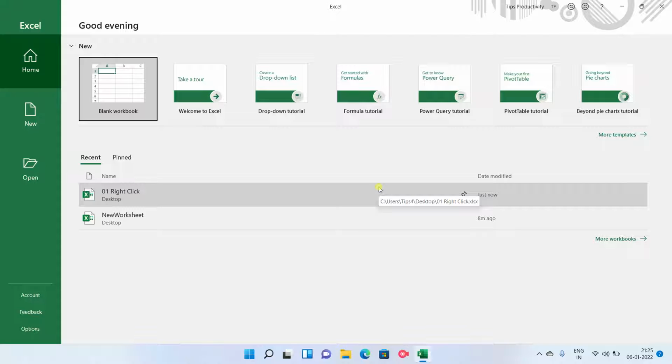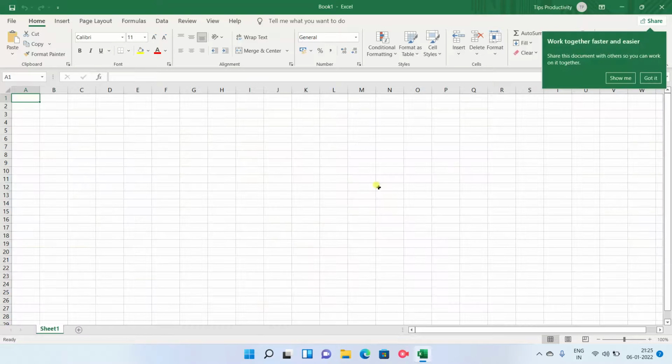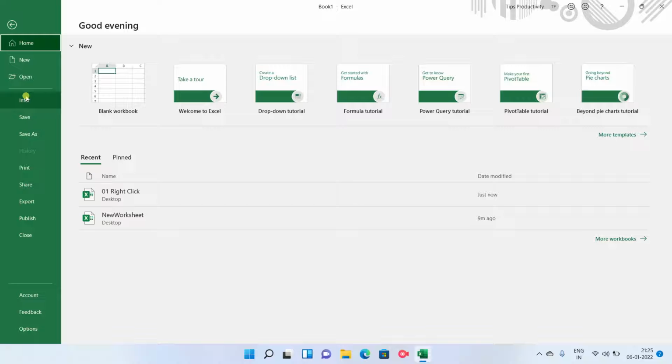So we can select the first option, click on enter, and it opens a worksheet which is by default opening as Book 1, which is not saved right now onto this PC. It is just in a temporary memory of Excel. So we can save it to a particular path.